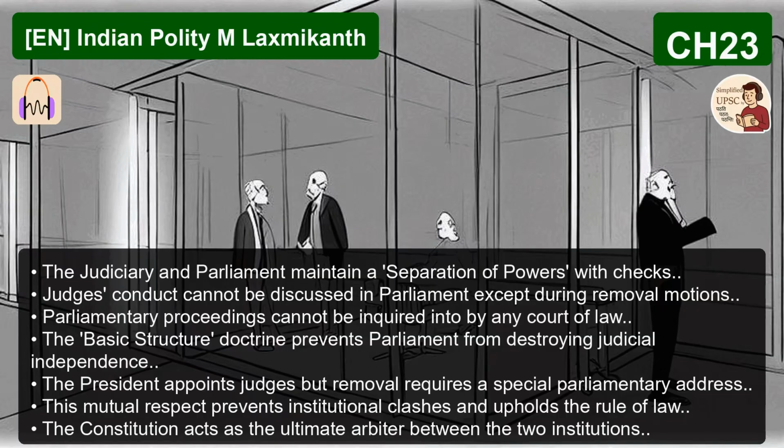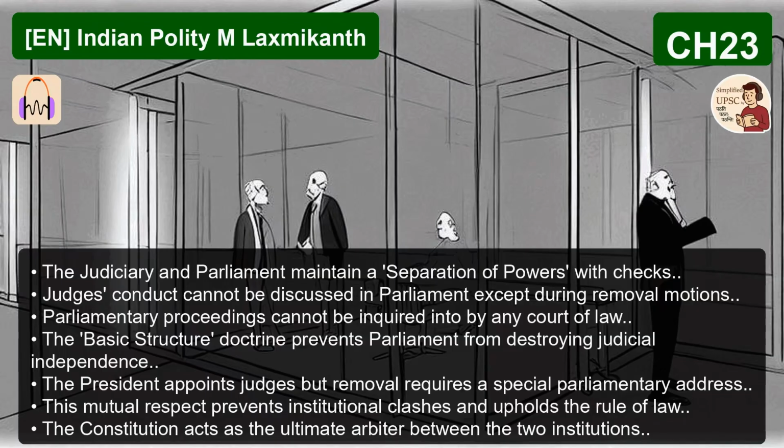Finally, you also have factors like the lack of a strong opposition and a general decline in parliamentary behavior, which contribute to the ineffectiveness of legislative control. We've established that despite the harmony of the parliamentary system, conflict between the two houses is inevitable. When they deadlock over a bill, the Constitution provides a mechanism for joint resolution, the joint sitting of Parliament.